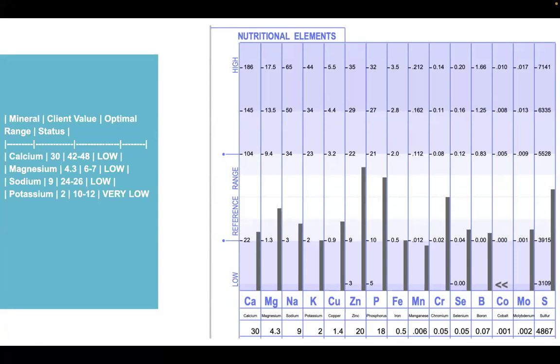So when we can look at this information and start to put in a plan and track it over time, we can objectively measure the progress rather than just relying on symptom improvement only, because that can fluctuate from day to day, right? Like in a cycle, if we're looking at someone struggling with their cycle, we want to see change within 1 to 3 months. So when you have somebody who's got complex health issues, it's really helpful to be able to